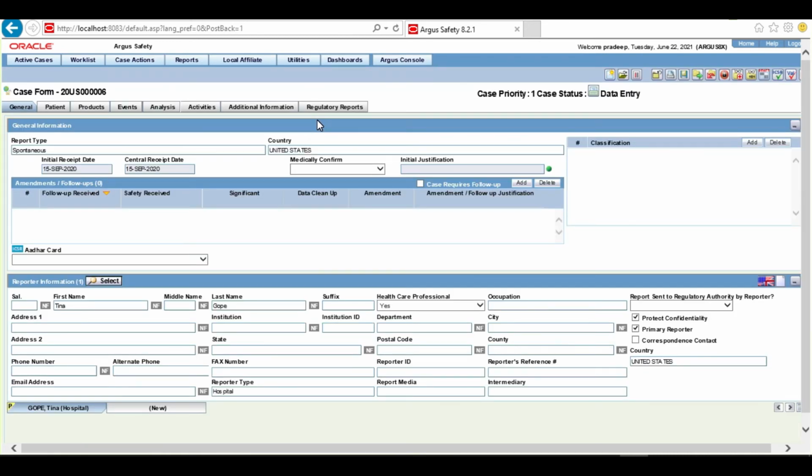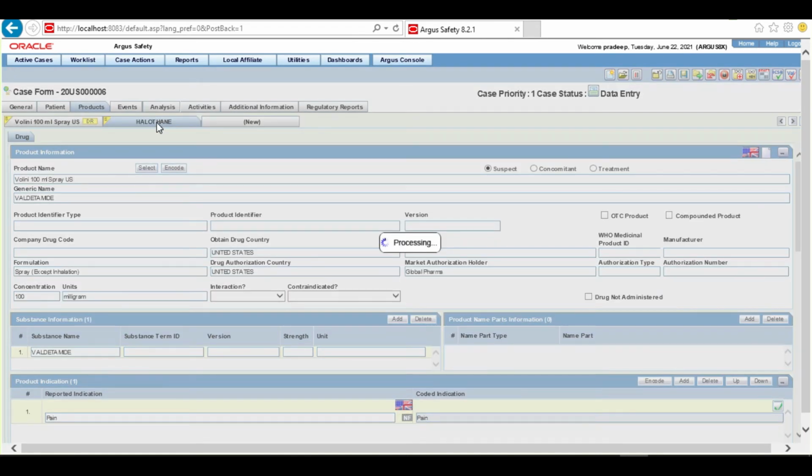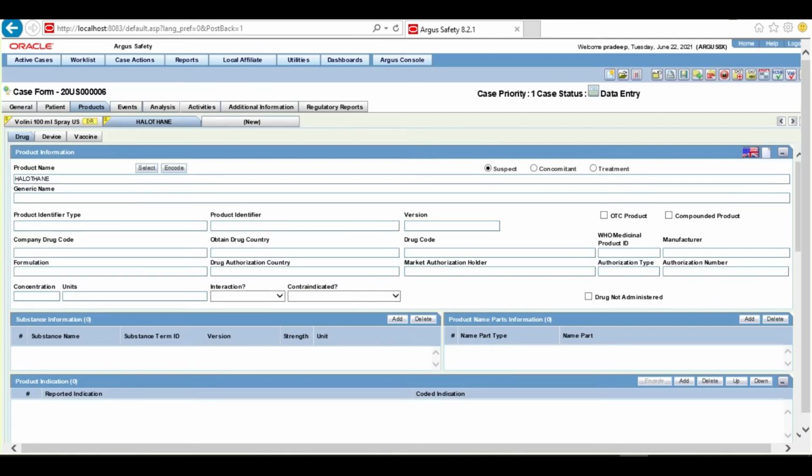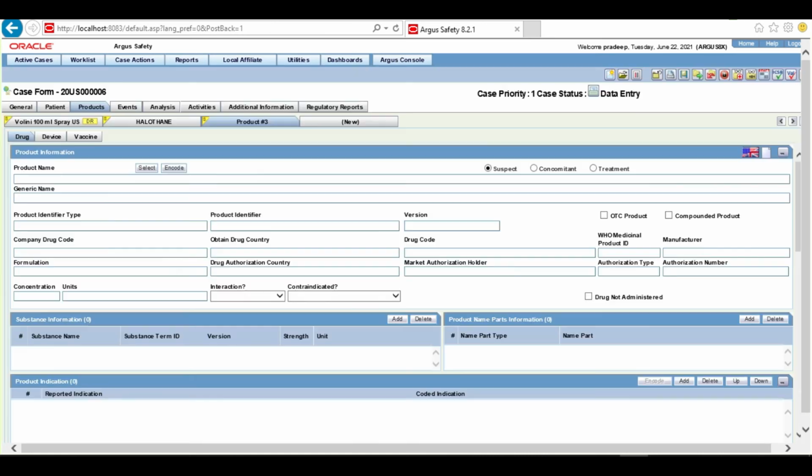So in Argus English we do not have a split view. So let's go to products and let's navigate to Haloperidol. Now this information is coming from JDrug Dictionary, and you will also observe that drug code is not present. Okay, now let us go to new and enter this particular product from the WHO Drug Dictionary.